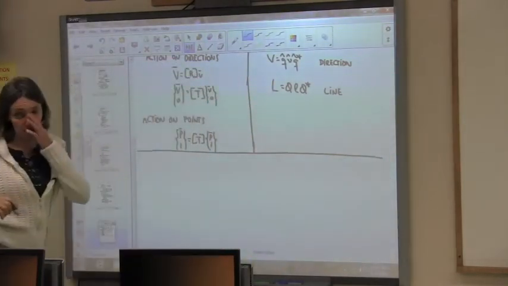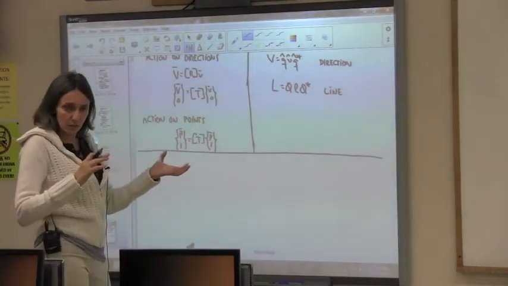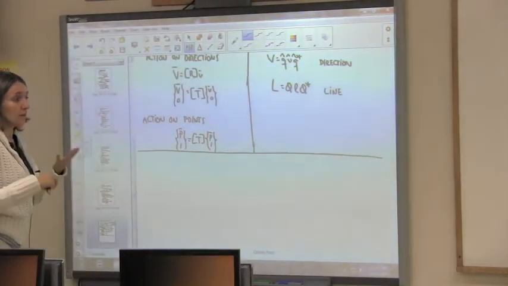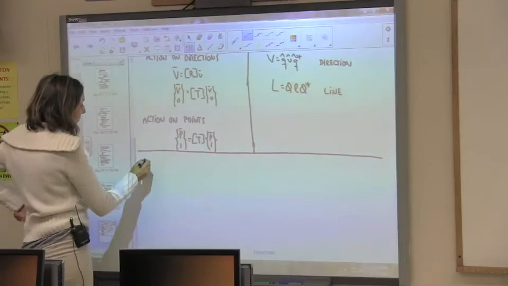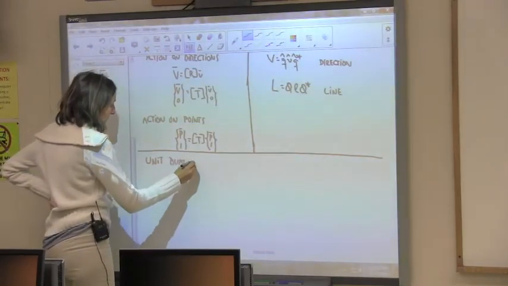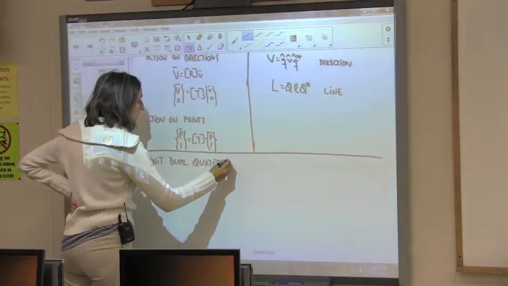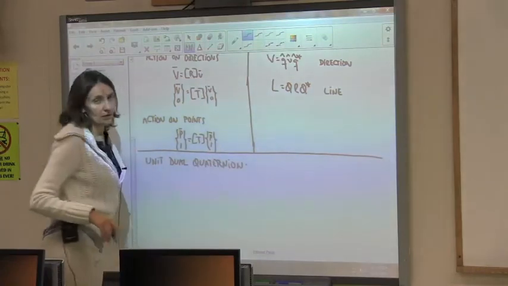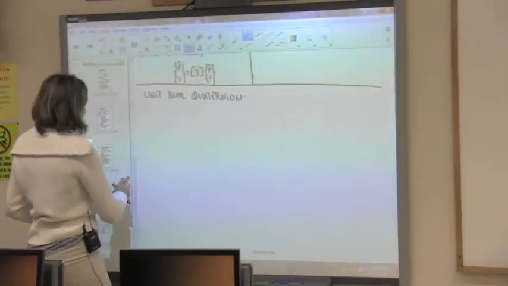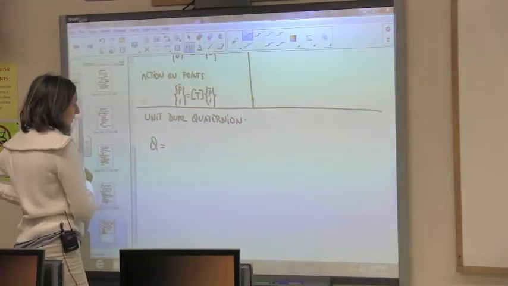So the unit dual quaternion. I mean, dual quaternion in general is just an element of the algebra. Depending on the components and conditions, it could be a displacement, or it could be a geometric object. But let's look at the unit dual quaternion. When we have a unit dual quaternion, it turns out that you can see Chasles' theorem right there very easily. We can write this unit dual quaternion Q as the following: